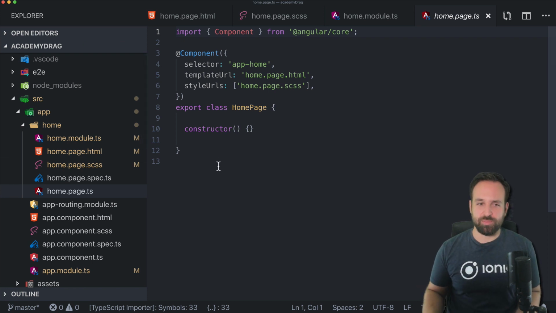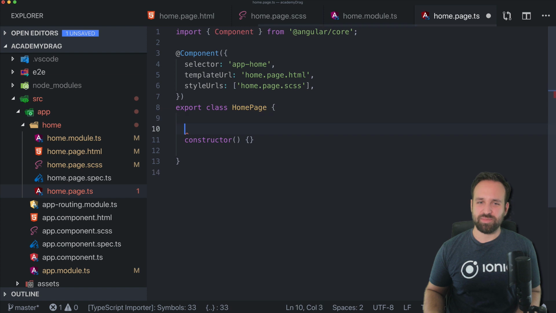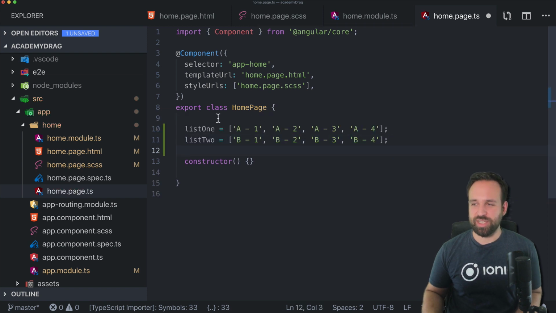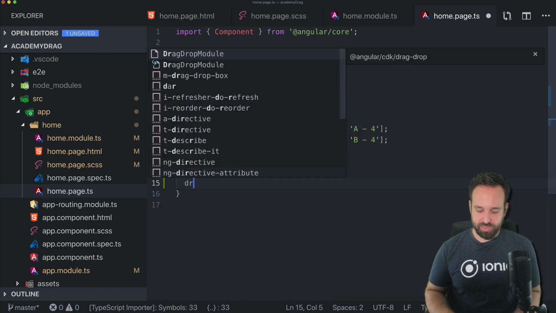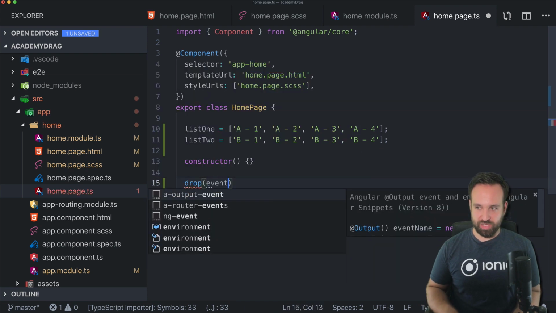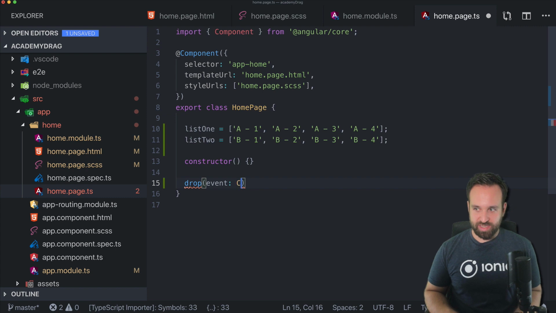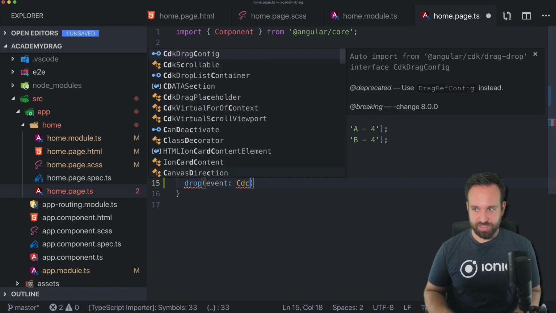I think that's fine because this is stuff that goes on behind the scenes, and you don't really know sometimes if it works or if it's not working. So we will start with two simple lists. We will just identify them by A or B and the number, so we get the order. And then we implement a drop function that will get an event which is actually of the type